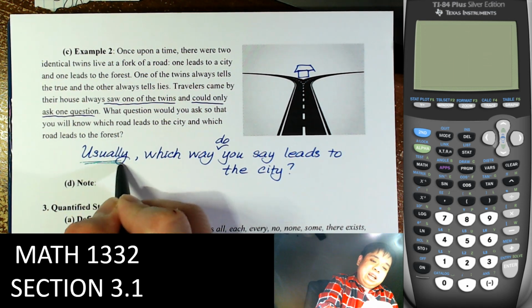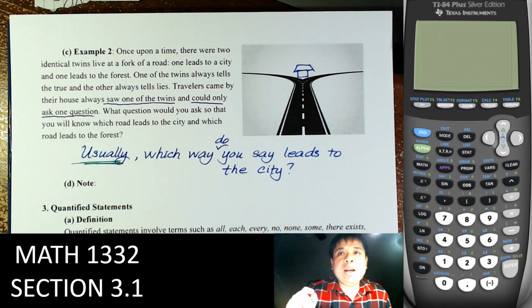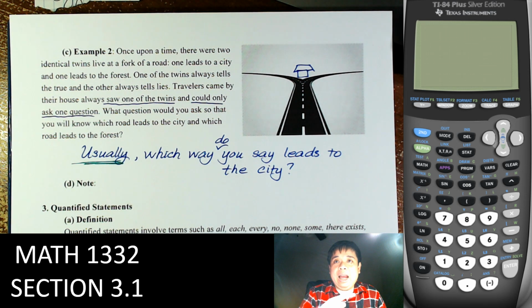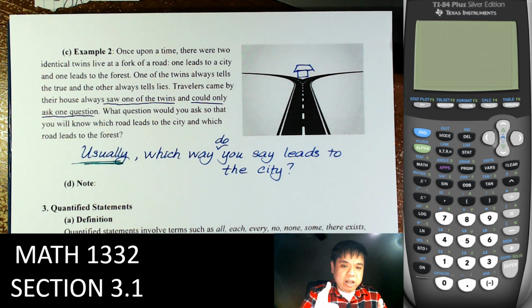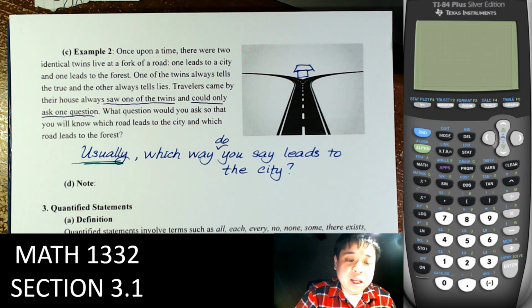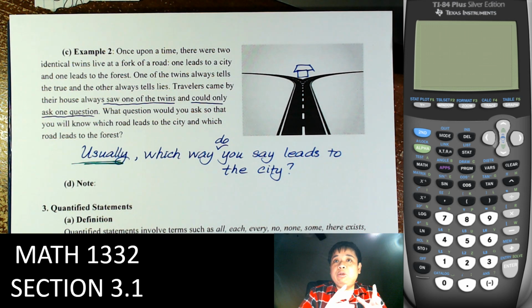But the key is in here, usually. Now think about that. If we see the person telling the truth, usually he will point in one way, and now he will point in the same way because he's telling the truth. So he will point into the city because that's what he usually does, and he will not contradict that. So he's still pointing to the city. Now, if that person tells false, usually he will say the other way will go to the city. He points to the forest,